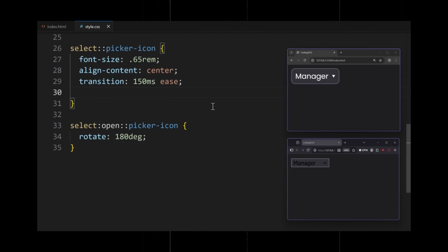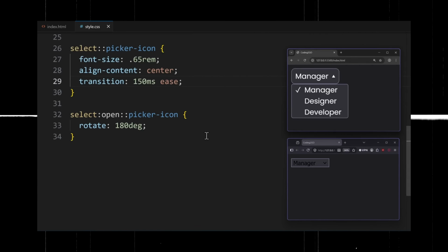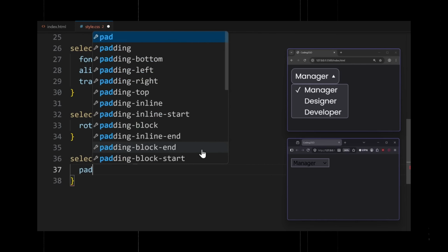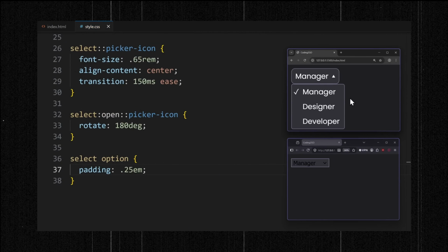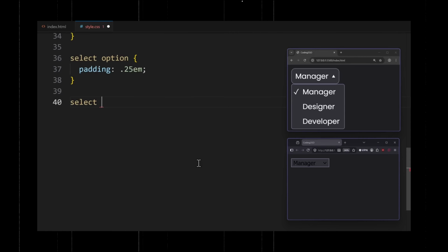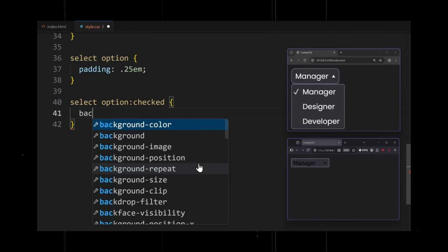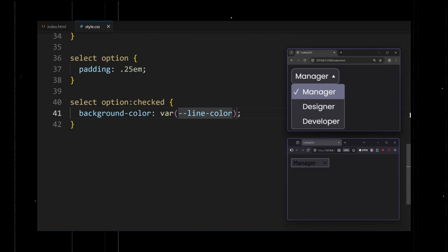Now, if you thought that was it, let me tell you there are even more things that we can customize, because what we haven't even told you yet are the options inside the select. Of course, they can be styled too, with padding, color, and so on. But much more interesting are the pseudo-classes and pseudo-elements we have for the options. For example, the option checked pseudo-class is used to style the selected option. For example, here we could change the background color to highlight that this element is